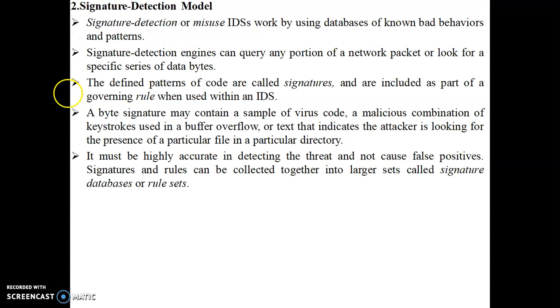Next is the signature detection model. Signature detection, or misuse detection, works by using a database of known bad behaviors and patterns. A signature detection engine can query any portion of a network packet or look for a specific series of data bytes. These patterns are known as signatures. When any pattern or behavior has been identified, those are known as signatures. So basically, the signature detection model